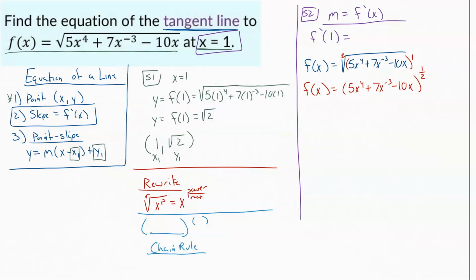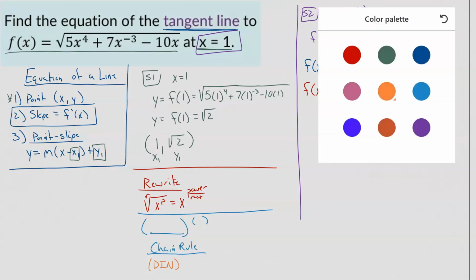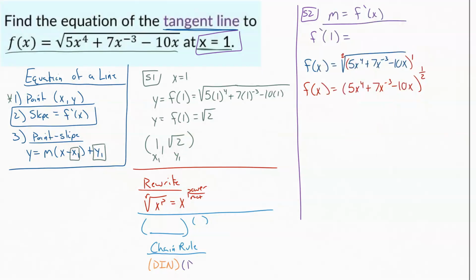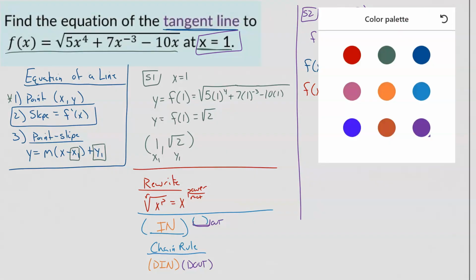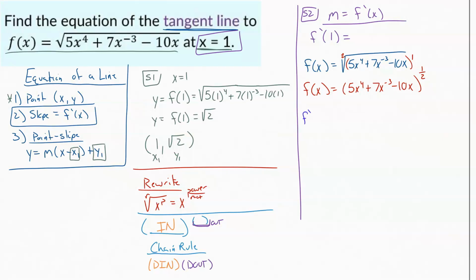My chain rule saying that I use goes d in times d out. The derivative of whatever is inside those parentheses times the derivative of the outside. So really the outside is usually just going to be a big power rule. So coming through our derivative and applying that rule for ourselves, we get f prime of x equals we go